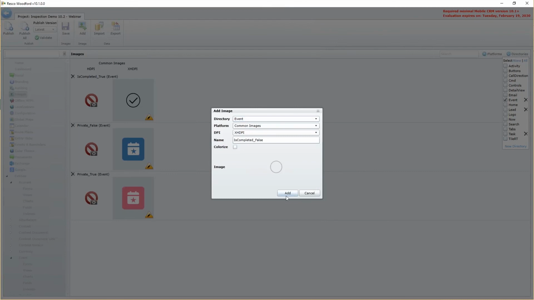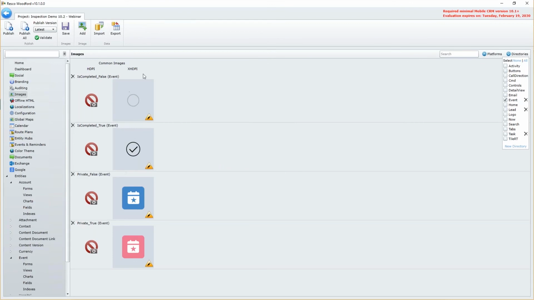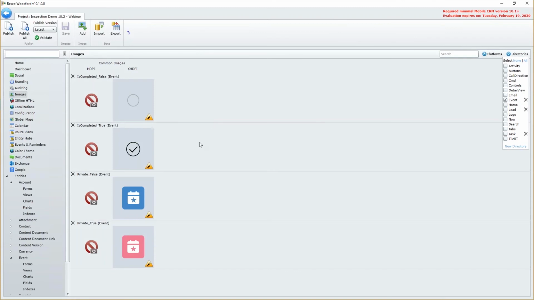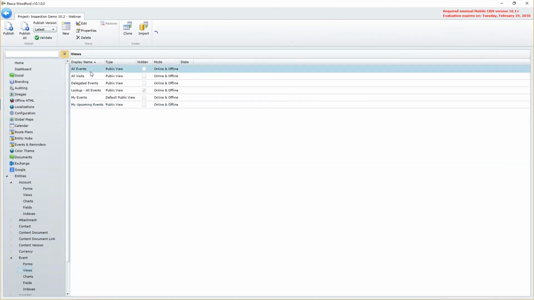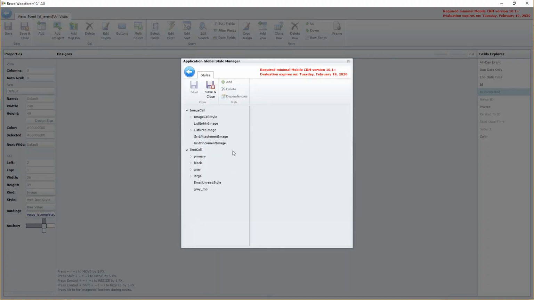Okay, just like that, and that should work now. All right, so if I look at the view now, I'll just cross check. Yes, it's a visit icon style, and the visit